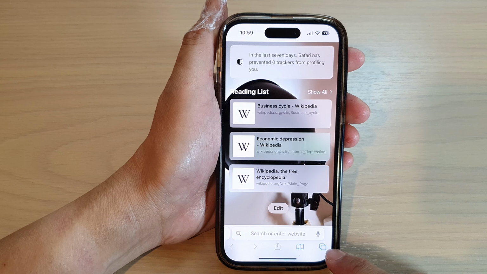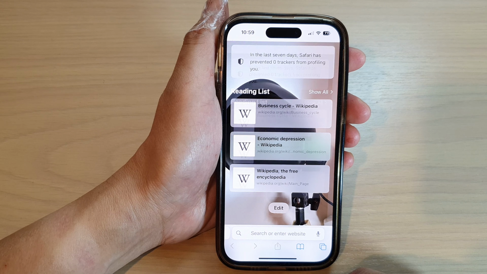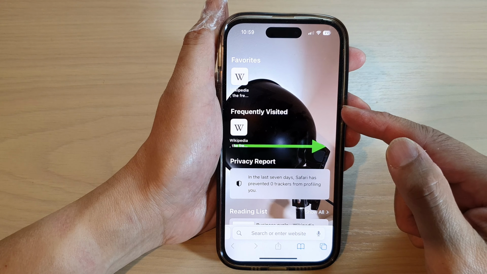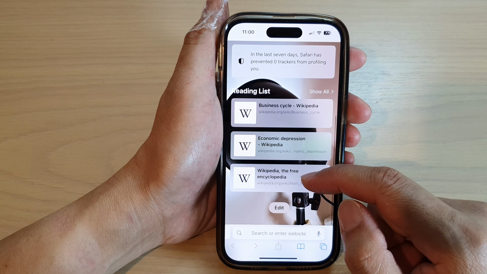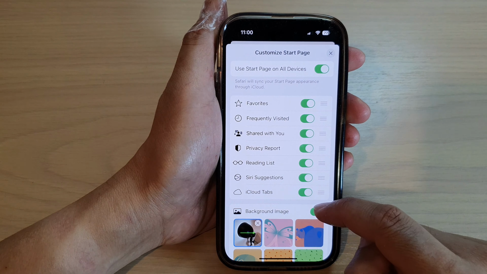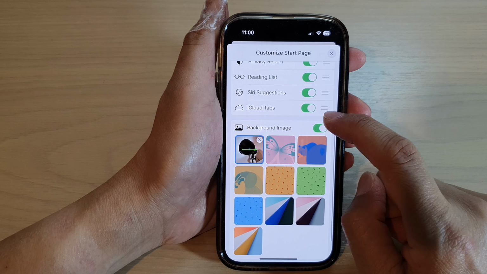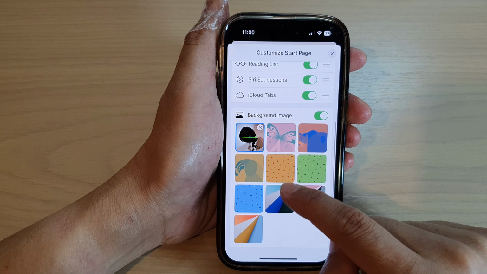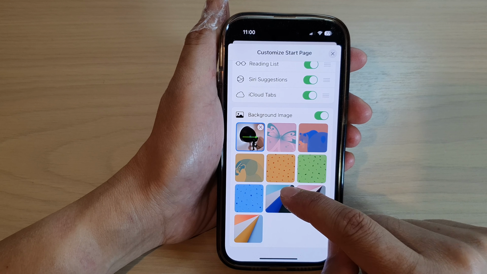Next, tap on the Tabs button at the bottom corner. Then in here, tap on the Add button to create a new start page. Now scroll down to the bottom and tap on the Edit button. In here, make sure you turn on background image, and then you can select one of the pre-installed images,